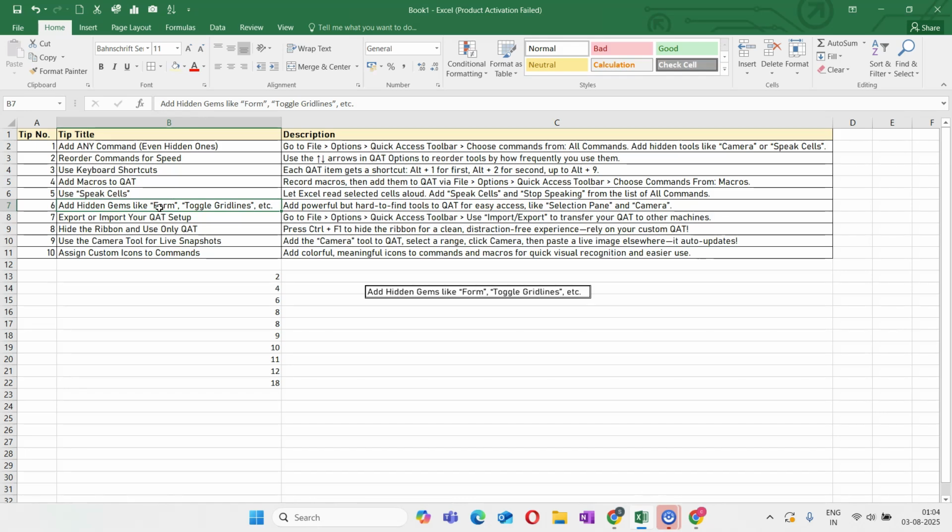There are certain other things like selection panes. You may also want to add grid lines. All these things you can add in your quick access toolbar. So what I suggest is that tools that are very hard to find, where you just forget on which particular tab they must be, instead of going and searching one by one, you can simply add them in your quick access toolbar as per your need and requirements. So that is something about the quick access toolbar.